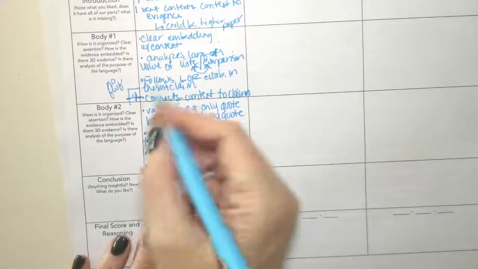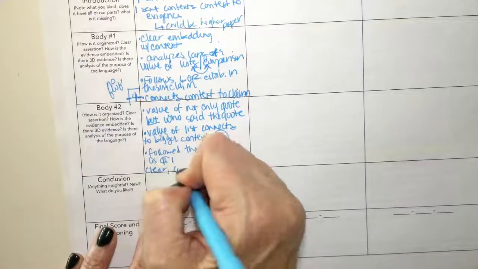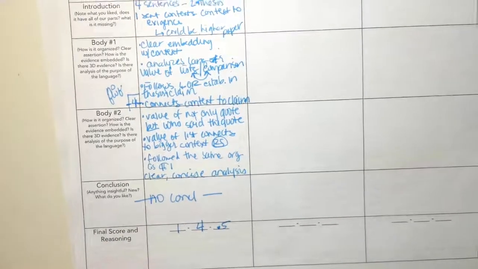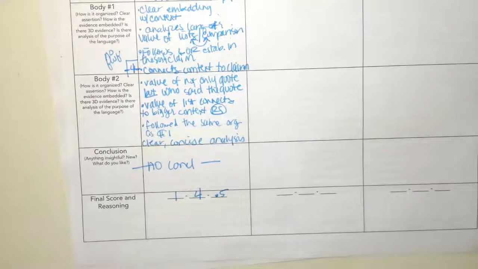The other thing that you see in here is that it's clear, concise analysis. They get in and get out. And again, that's going to be something that we have to balance over these next, probably 4 to 5 weeks that we're going to be doing this: when are we done with analysis? When have we done enough to get that point, to score that evidence, to move forward to the next piece of evidence? There's no conclusion, which we're okay with. For now, I'll tell you why. We need conclusions in argument and synthesis, but for rhetorical analysis, I really don't care. All right, so